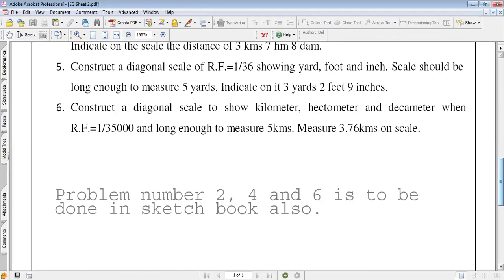Hello sir. Yes. Sir, the first title block, do we have to make it on every sheet? Yes. Title block is very important for any engineering drawing. So you will have 8 sheets. If you want, you can prepare it in advance for the remaining sheets also.